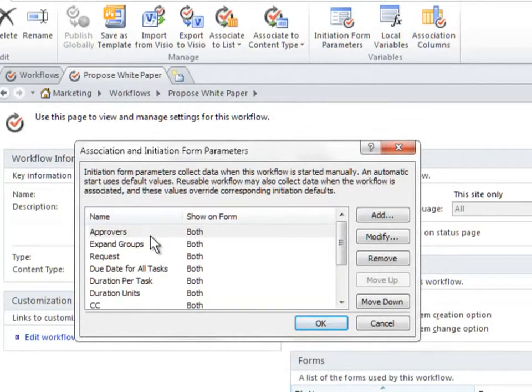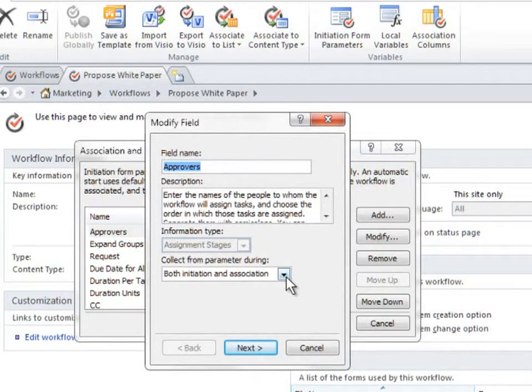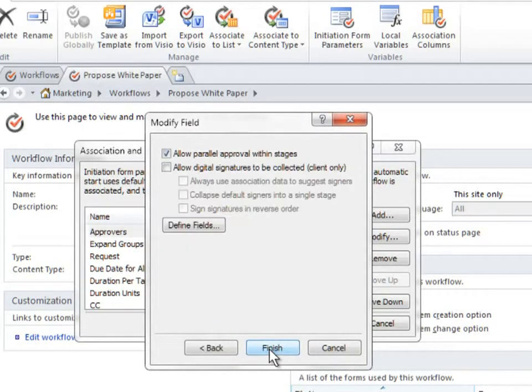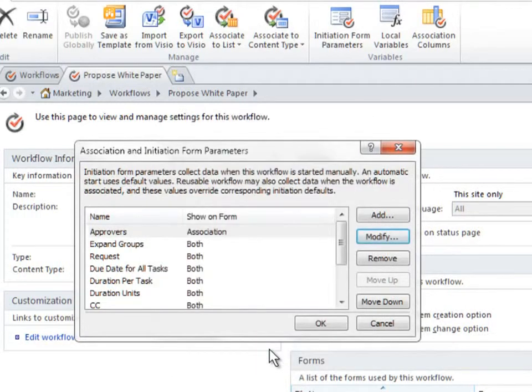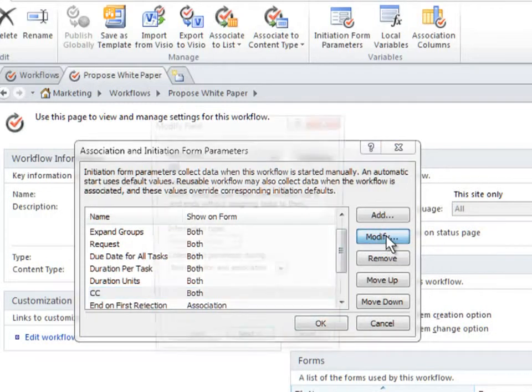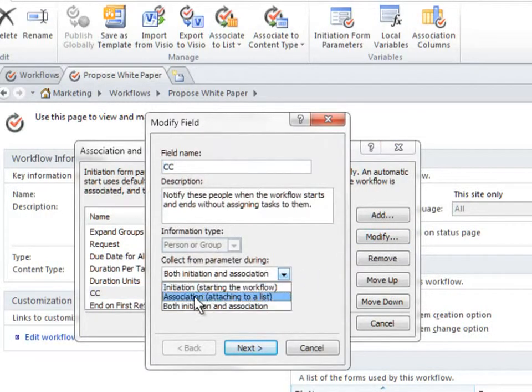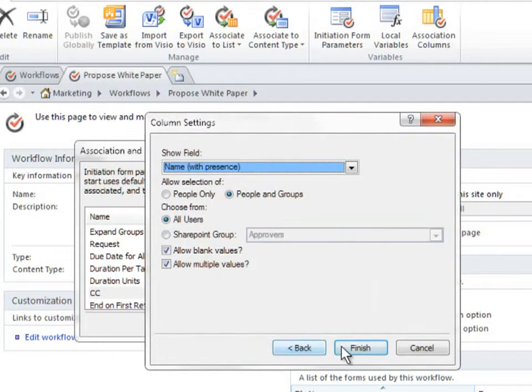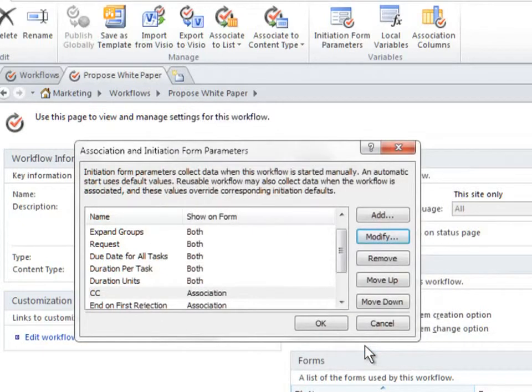I want to hide the Approvers field when the workflow is started by white paper authors, but show it when the workflow is set up. To do so, I modify Approvers, and for When to Collect, I choose Association Form. I'll leave the other default options as they are. I also want to do this for the CC, or Carbon Copy field. I'll modify it, change it to Association Only, and then Finish. So we're locking things down a bit by preventing assigned task and task emails from going outside the group of